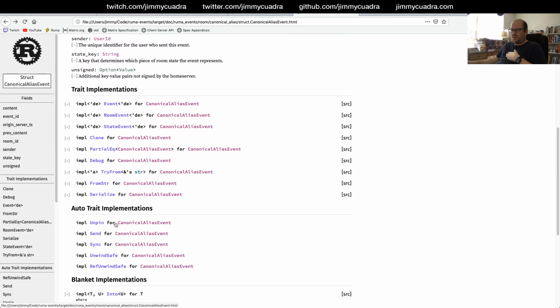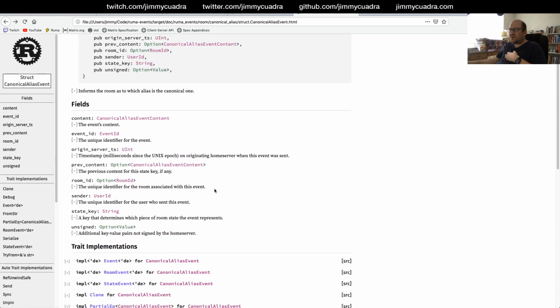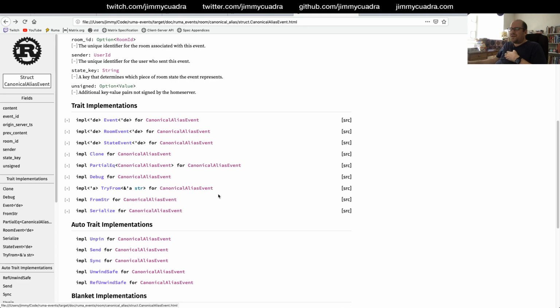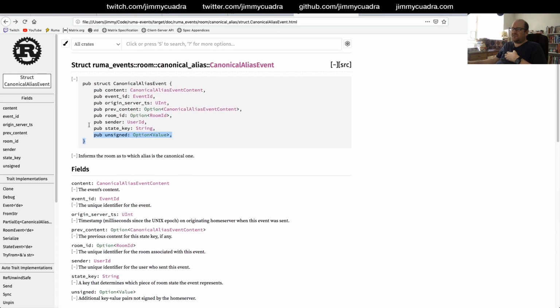So you can see down here we have an implementation of Serialize for the canonical alias event, and we also have an implementation of... Oh, interesting. Deserialize doesn't show up here yet. I guess I haven't implemented this one yet. But in the past, these event types have implemented Deserialize and Serialize directly, and the problem with that is that if we're deserializing some JSON data that represents an event, but there's something not quite correct about the JSON structure, then the deserialization will fail.